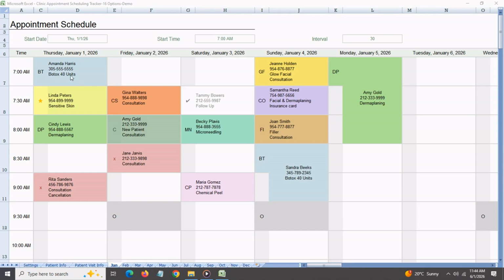This is a very easy to use and visually appealing appointment scheduling tracker. You can see all of your appointments at a glance, and everything is color coded so you know immediately what each visit is for. This is my latest version and it comes with a bunch of new features, so let's check it out. This appointment scheduling tracker can be used by any type of office, including medical offices, clinics, wellness